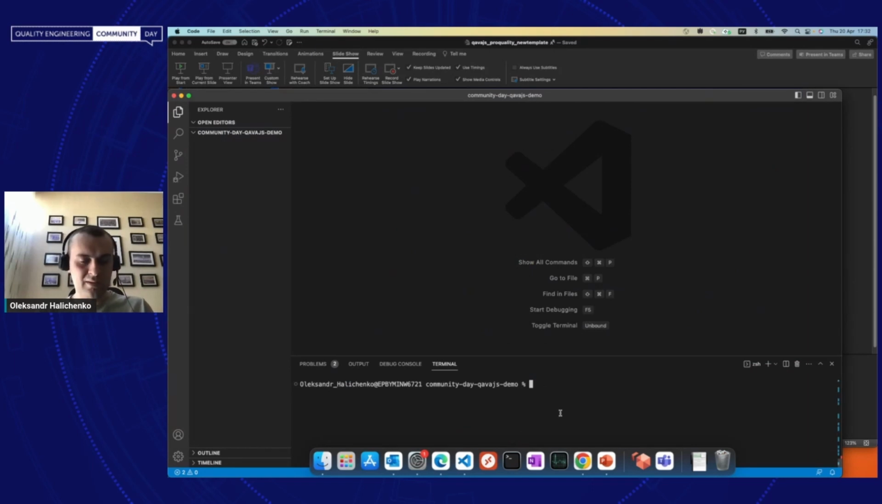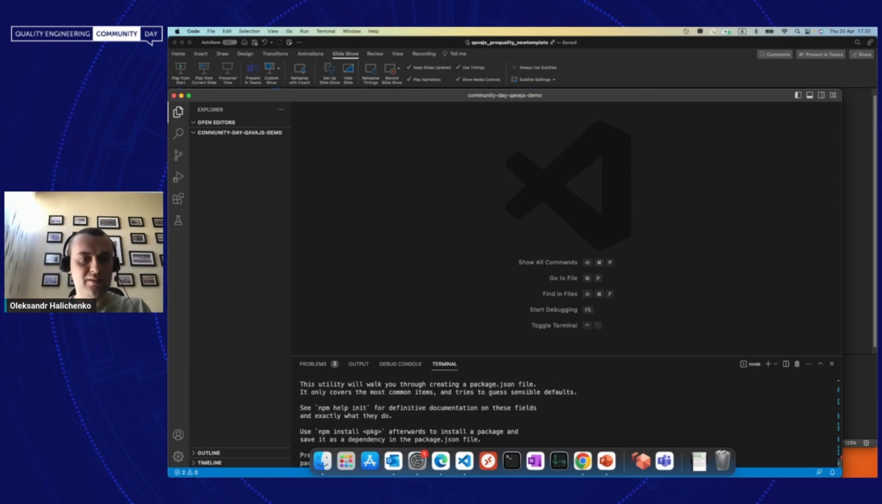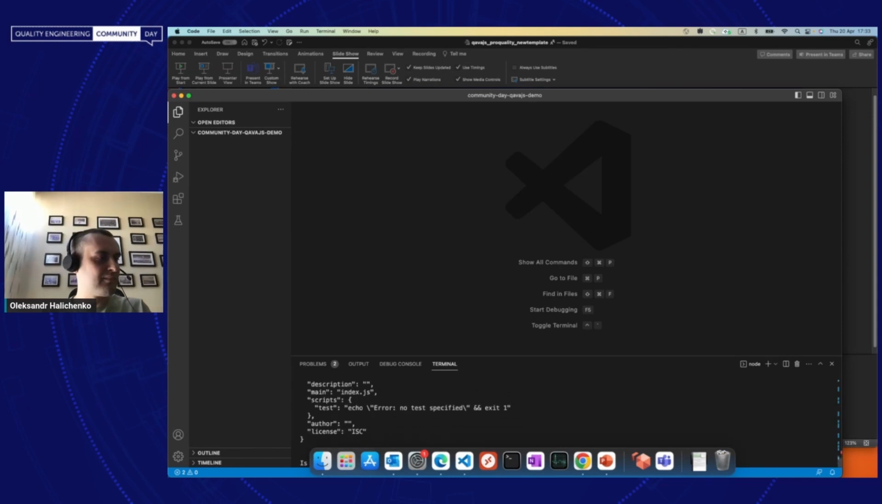Okay, so first, to start working with Qavajs, you just need to have Node.js installed. It's better to use Node.js higher than 16. And the first thing we need to do is init an empty npm project. Let's do that. And then install